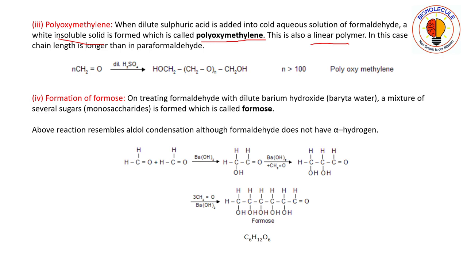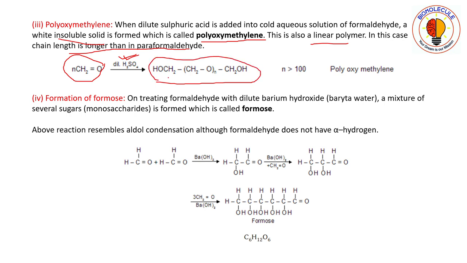This is also a linear polymer. In this case, the chain length is longer than in paraformaldehyde. So you have to take this aqueous cold solution of paraformaldehyde. Okay, and if you take this aqueous cold solution, then you will get this. In dilute sulfuric acid, if you take this aqueous cold solution, then you will get a white insoluble solid, which